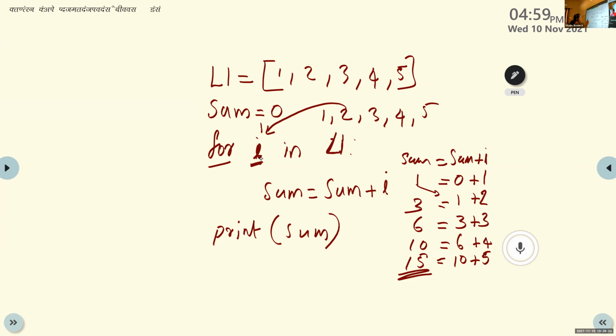Any variable you can write, A, B, C, any. But here I'm using the variable name I, for taking each and every element one by one from this list. So first value of I is 1, second value of I is 2, third value is 3, 4, 5, just like that. Is it clear, Sanjana? Yes, ma'am.